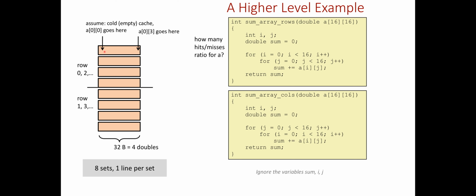The miss to bring it in, and then 3 hits because now it's in cache. And so there's this nice ratio of 3 to 1 in this particular instance with this 32 bytes of 4 doubles. Now, in contrast, if we look at this code here where we're summing along the columns, so we've swapped J and I here in the